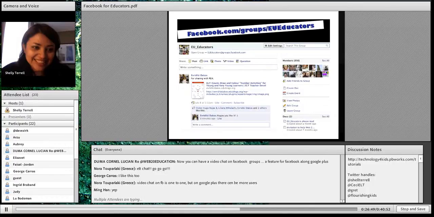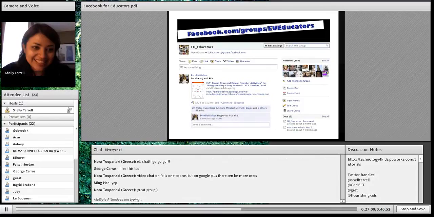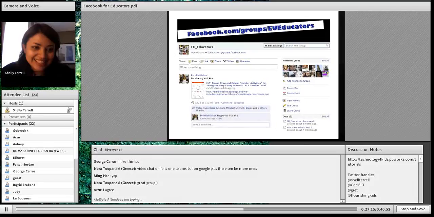Everybody's very active, because when you have a group and you post something to the group, it's more likely that you're going to get a response. So if you have a question or something, it's really great to post in a group, preferably rather than a page, because more people tend to participate and listen and really look at the groups.